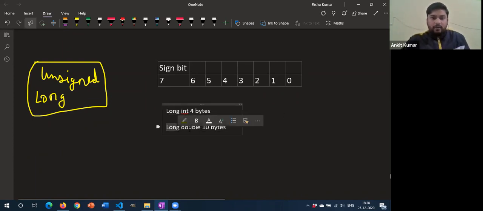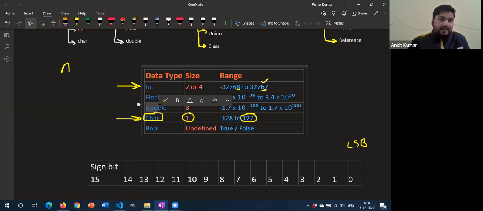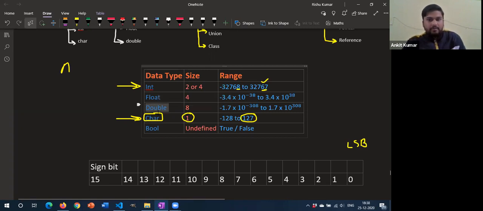Now, another important thing to note over here is that you cannot have something like long float, because if you try to use long float, it is equivalent to double only. So just keep this in mind, there is nothing like long float. Instead of long float, you should use double. But if you need a still larger value to store, then you should write long double, so that you can store much larger numbers.